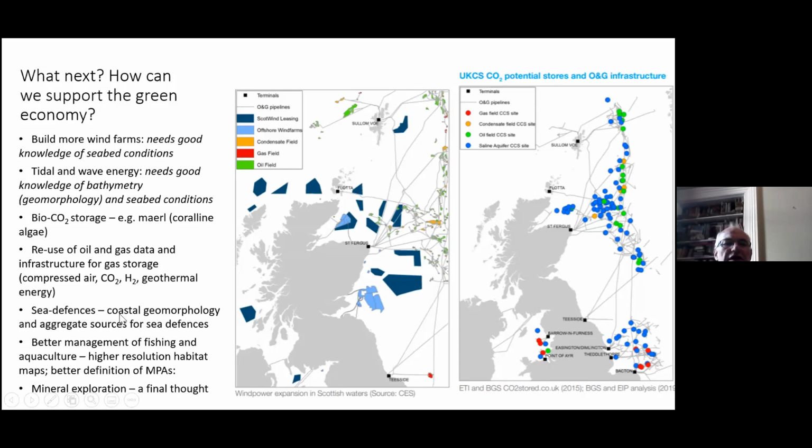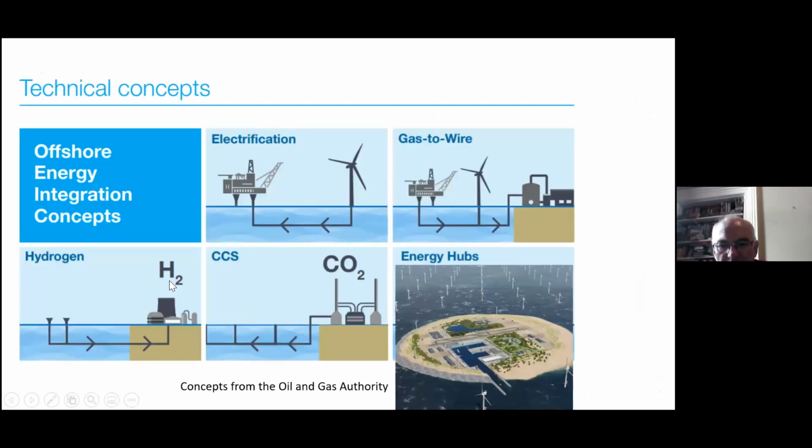I'm going to finish after a couple more slides with just one thought on mineral exploration. But the oil and gas authorities based in Aberdeen have been looking at what they can do post oil and gas industry, or just in the closing years. And they've come up with these concepts. One is electrification of the production of oil and gas. So you have a wind turbine and you take the electricity rather than burning gas to make the electricity. You could use the gas directly